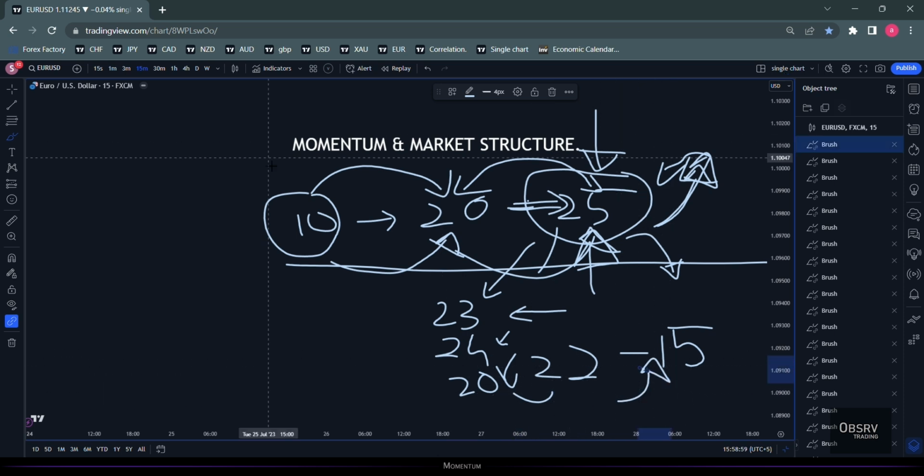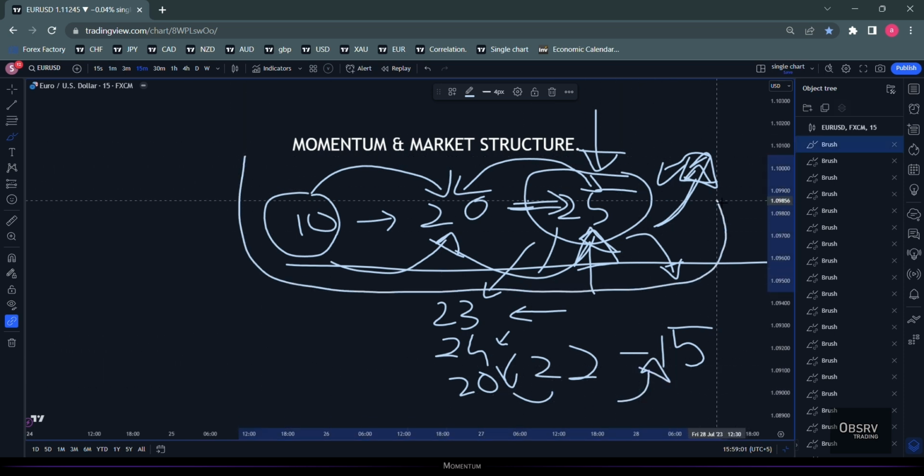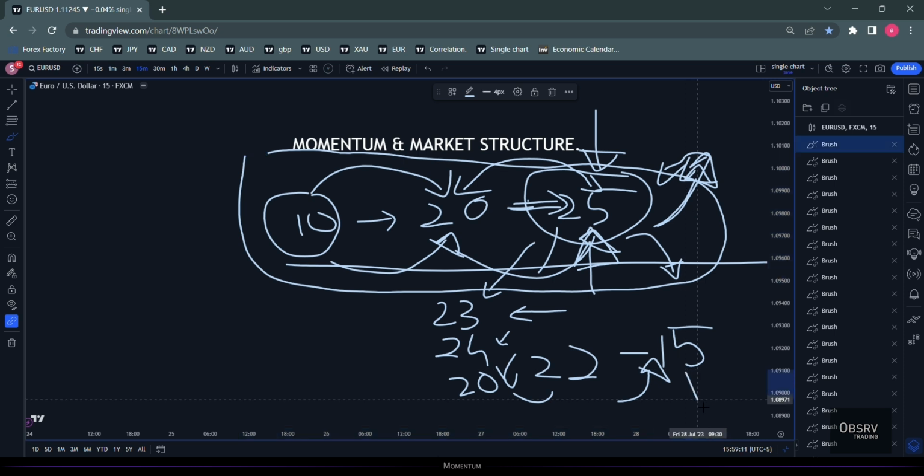The momentum overall, if you take a look at how it jumped from 10 to 25, the momentum is still with the buy side. Unless, of course, it just crashes down to $5. Let's say, for example, crashes down to $5. That would, to some extent, mean that the momentum is shifting towards the sell side now.